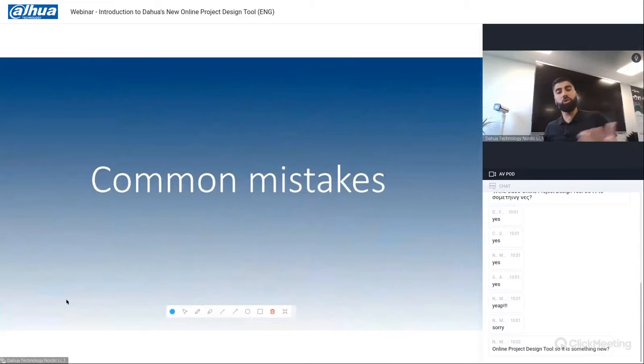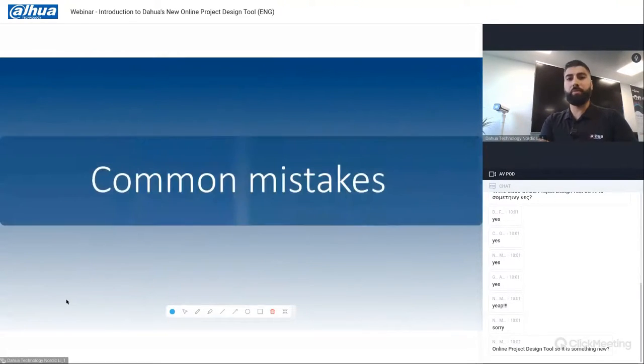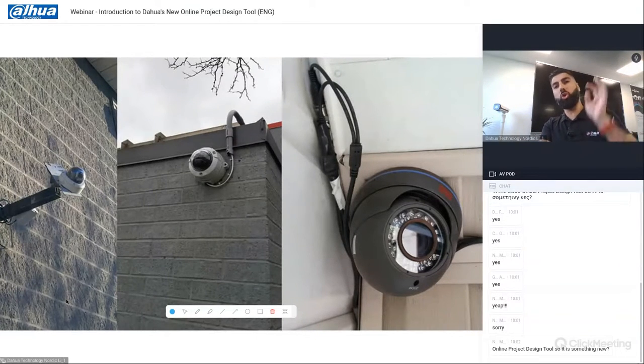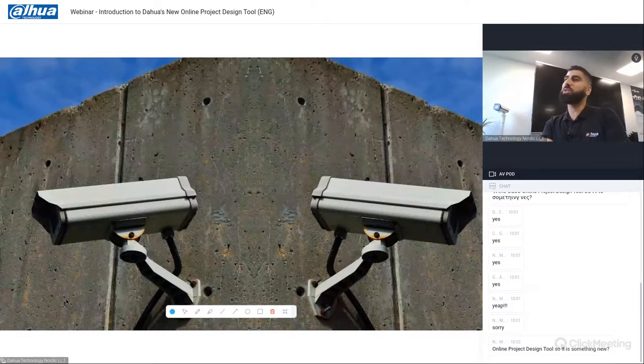Apart from that, even though you could be a professional installer, there are a couple of things that could go wrong. Common mistakes that I would like to mention would be something looking like this. First of all, you might have an installation that you have an understanding of. One thing is to understand how to install a camera properly to avoid a situation like this. Another thing is, just because you know how to install a physical camera on the wall does not necessarily mean that it is suitable or sufficient to just install a camera like that. Because in some situations, even though you install a camera properly, you end up with